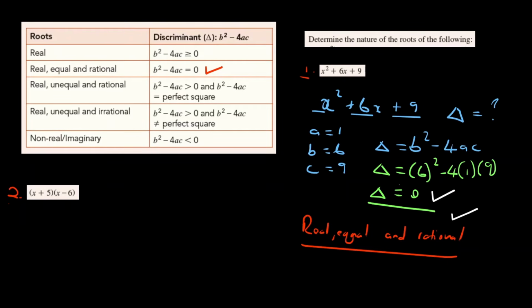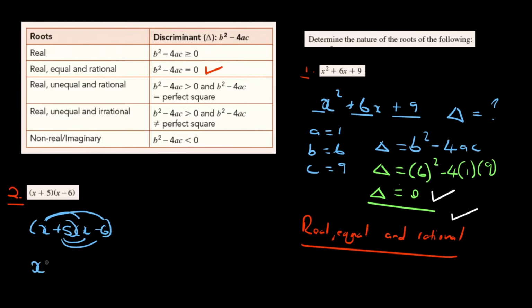We are asked really the same under the same main question. So determine the nature of roots of the following. In this case, we're given two brackets that are multiplying each other, x plus 5, x minus 6, but we cannot determine the nature of roots or calculate the discriminant when this is in this form, so we just need to really FOIL the brackets out so that we have our quadratic